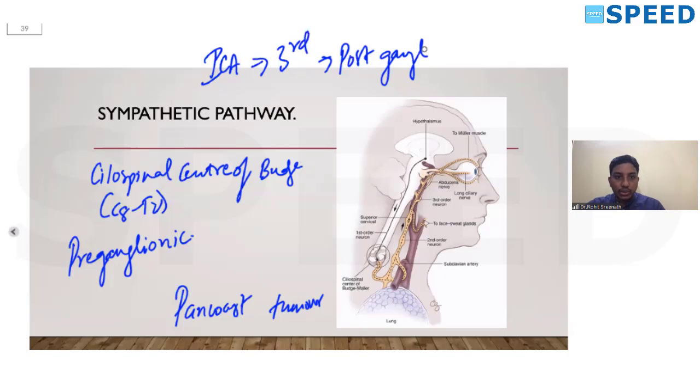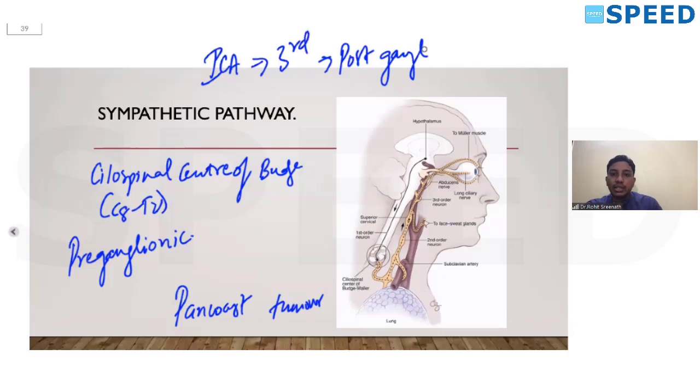So this is the sympathetic pathway. In Horner's, you should know about the presentation. The patient comes with ptosis, miosis, anhidrosis, and an apparent enophthalmos. Why is this apparent enophthalmos? It is because of the involvement of the inferior tarsal muscle and the Muller's muscle, both of which receive their supply from the sympathetic pathway. The supply to both of them is lost, because of which it appears like an enophthalmos. Since it is not a true enophthalmos, it is known as an apparent enophthalmos.